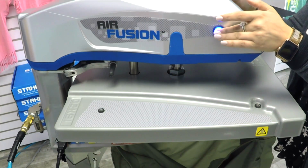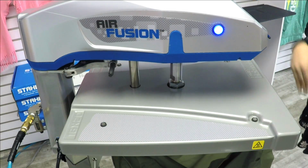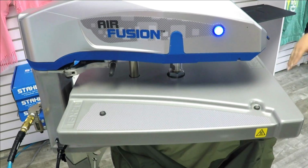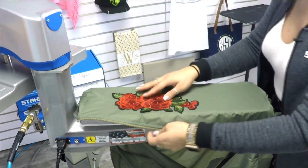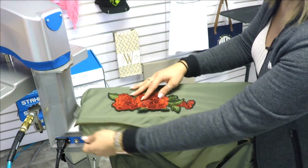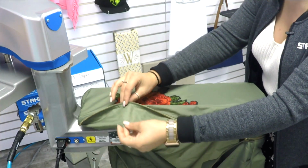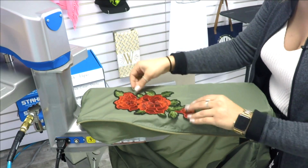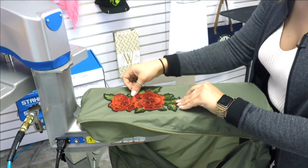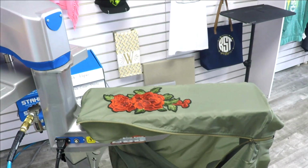Just a quick 5 seconds. Sometimes you don't even need to go as long as 5 seconds, 2 or 3 seconds will do the job as well. All right, so again, this jacket is from Bella Canvas, and you'll notice that I actually pulled out a piece of this jacket so that's not under the transfer, causing uneven pressure as well, okay? All right, and we're just going to be putting this on the left chest of the jacket